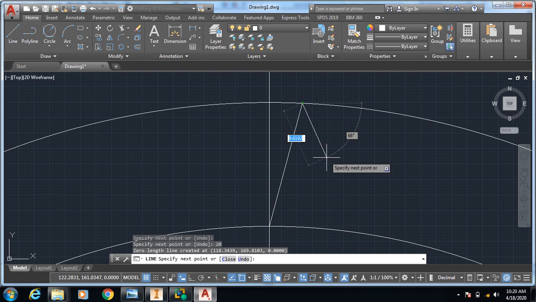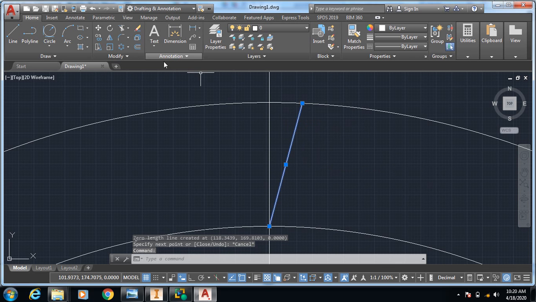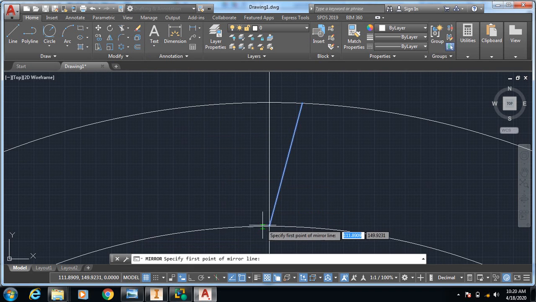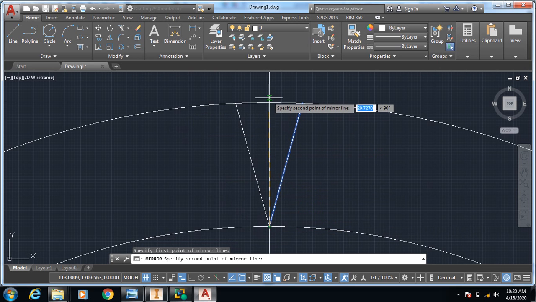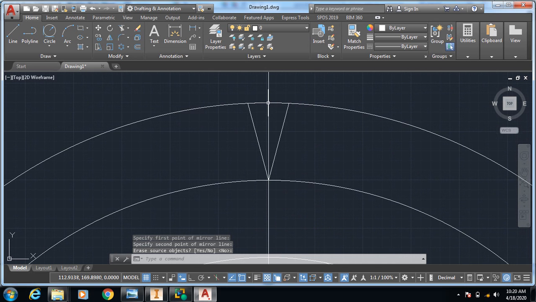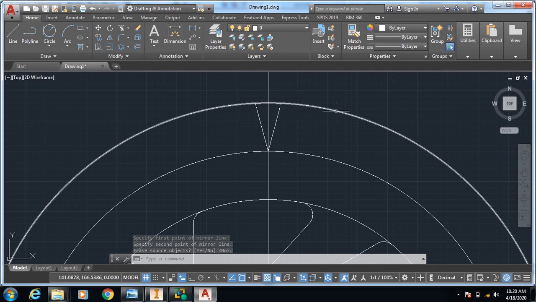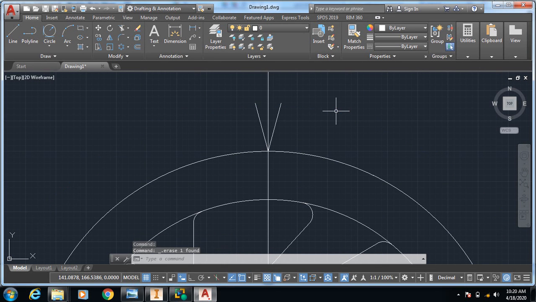We have drawn it. Now just select this and take a mirror of this. First point, select this one and second point this one, enter. So we have created one more profile here. Now you can remove this circle, just select and delete this one also.